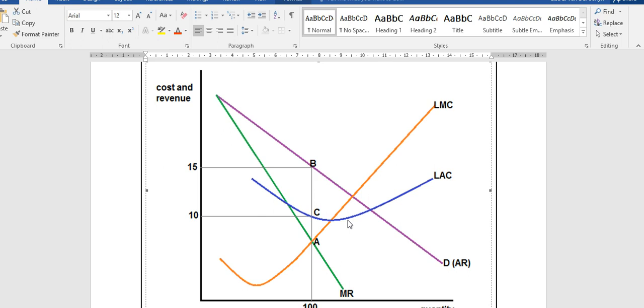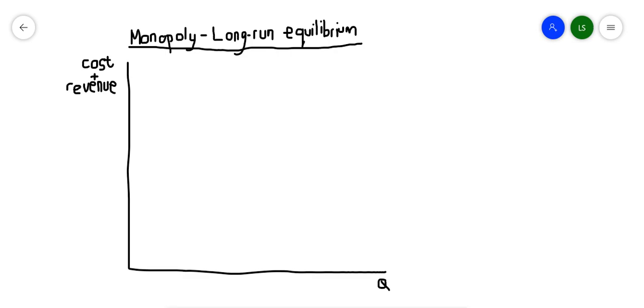Okay, remember, practice makes perfect. Drawing a graph is a skill, and you become more skilled by practicing it over and over and over. So we are now going to draw this monopoly graph. There is your heading. Now you write today's date. You're going to write your heading, monopoly long run equilibrium. And then we are going to draw this monopoly making an economic profit. I'm going to go through it with you step by step again, okay, especially for those of you that were not at school when I taught the graphs. A lot of you are saying that you're not understanding.